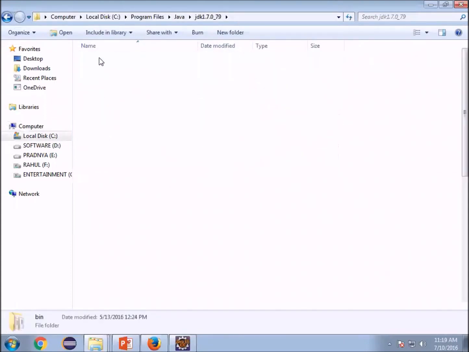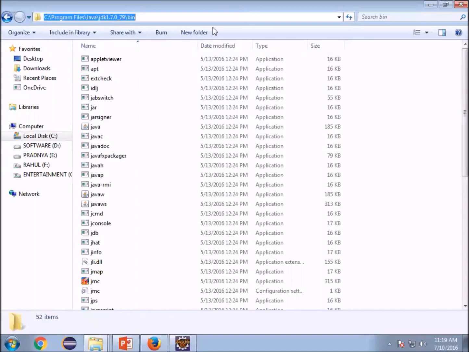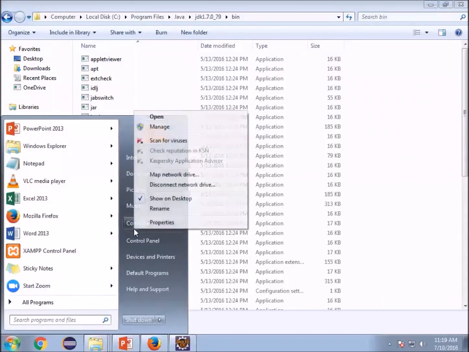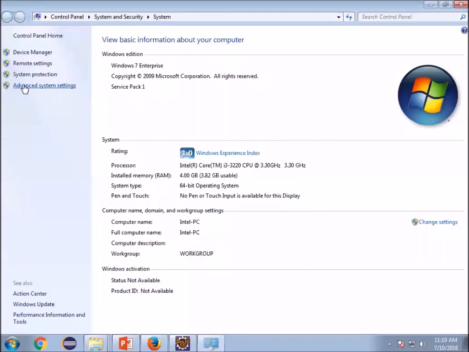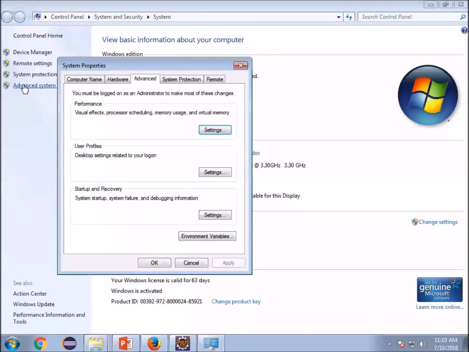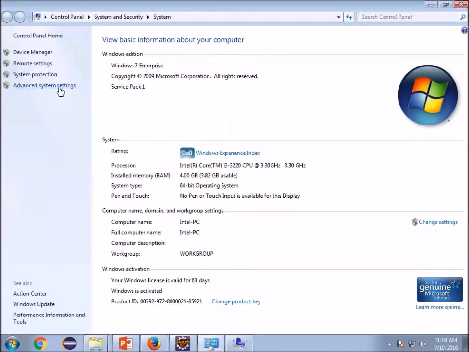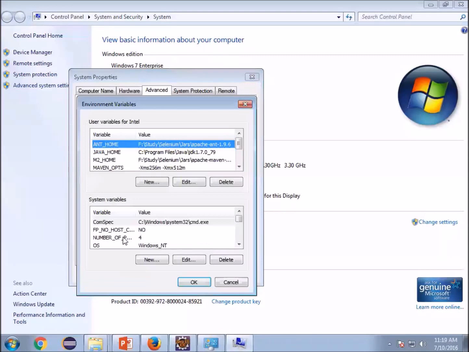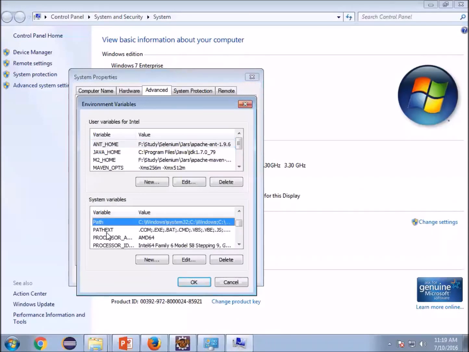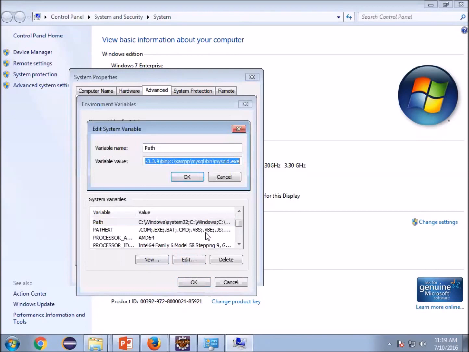You have to copy this path from the taskbar and configure your environment variable. This is an important step because without that your Java will not work on your machine. Go to advanced system settings here, then environment variables. In environment variables you have to give the path, edit it, and at the end add it. I already have many system variables, so I will show you where I have copied it.